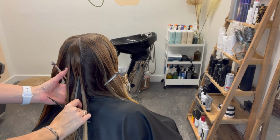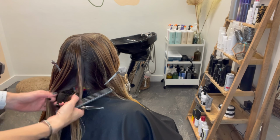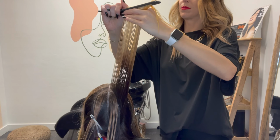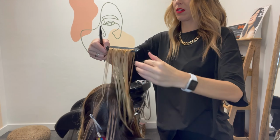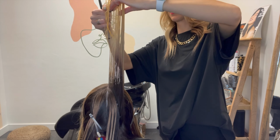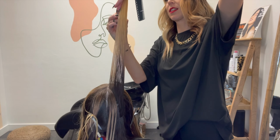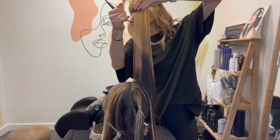So there is a little bit of connectivity within this cut at the crown, but then because we're using that stationary guide within each of those 4 sections in the back, we'll have a little bit of short to long, which is nice because it's really going to add to the texture that we want to see in this cut, and just creating those various lengths, which is going to kind of give it that tentacly feel that we want